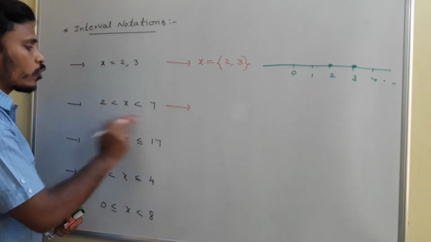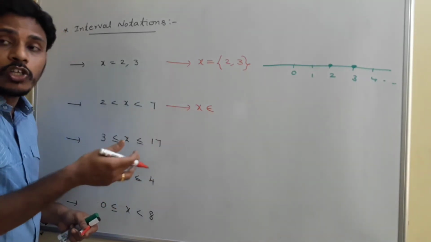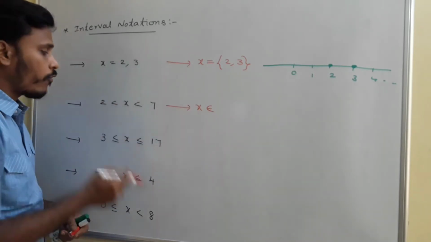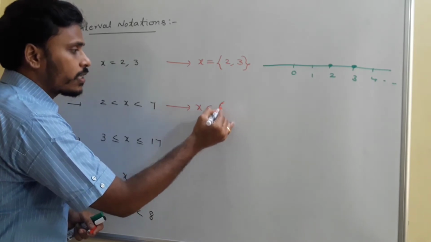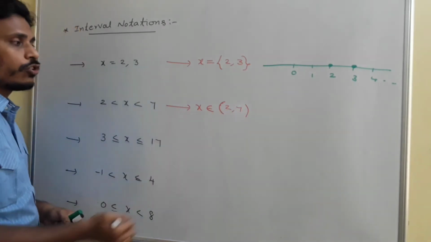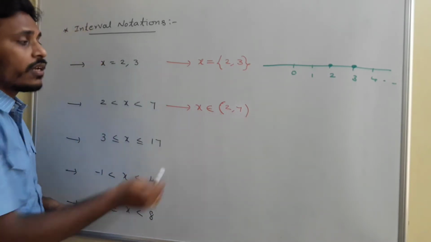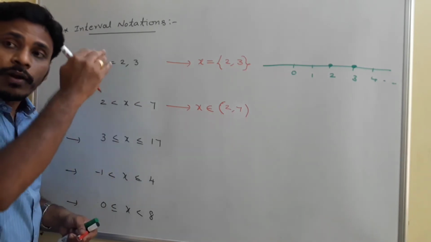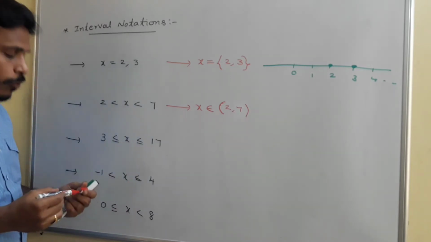The interval notation for this solution is x belongs to. We need to read it like belongs to; in the sense x is in the region of this 2 to 7. So here, 2 to 7. We need to use this open bracket. We call it open parenthesis, open bracket 2 to 7. Just look there. Here we use curly brackets, and here we use these open brackets. These open brackets 2 to 7 represent that x values are from 2 to 7. Starting from 2 to 7 there are the possible values for x.